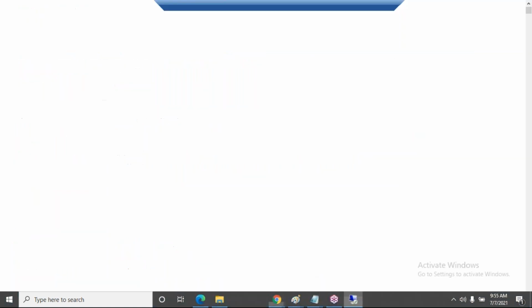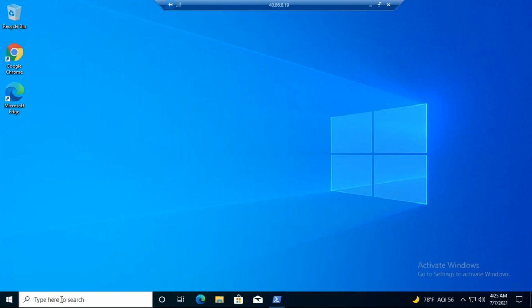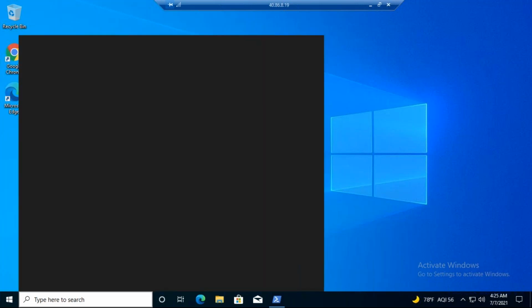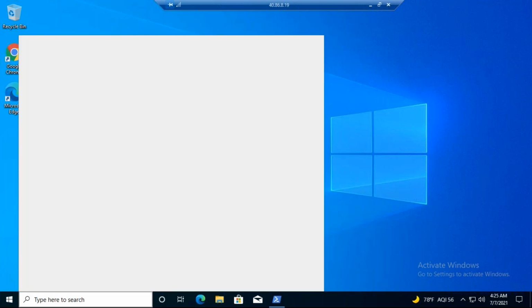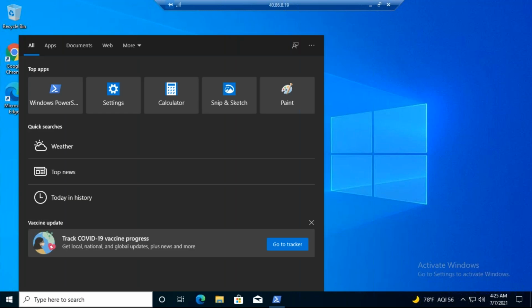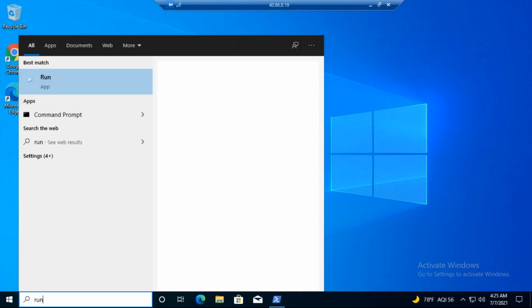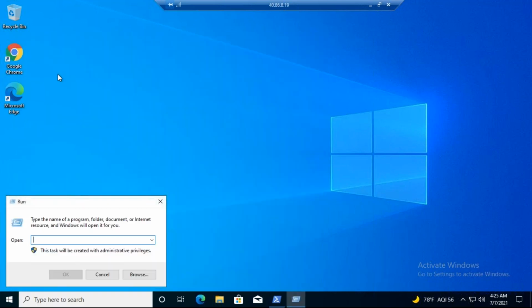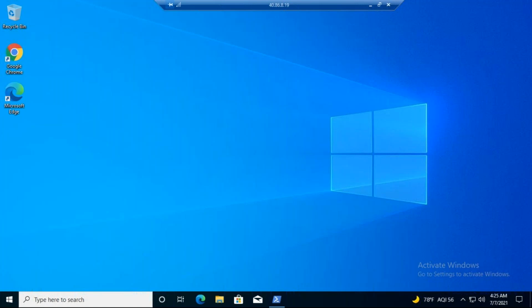To configure IIS server from the Chrome browser, you have to activate one application, add or remove programs. That can be activated like this. In the Run dialog, type appwiz.cpl. This is going to invoke add or remove programs.